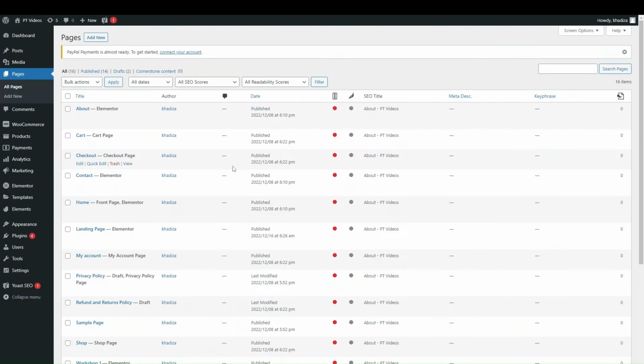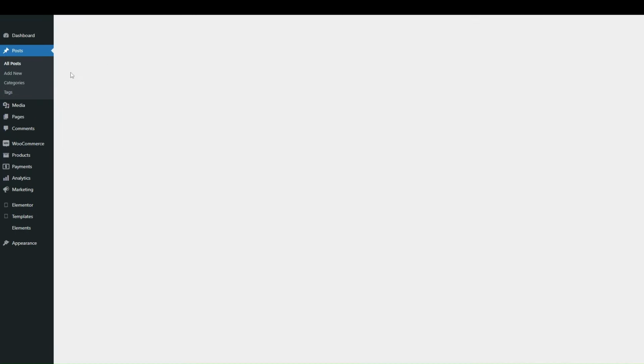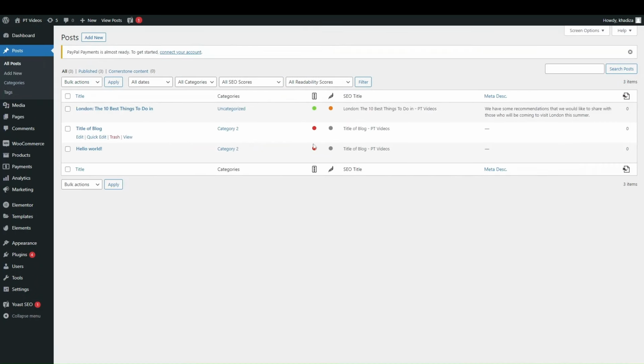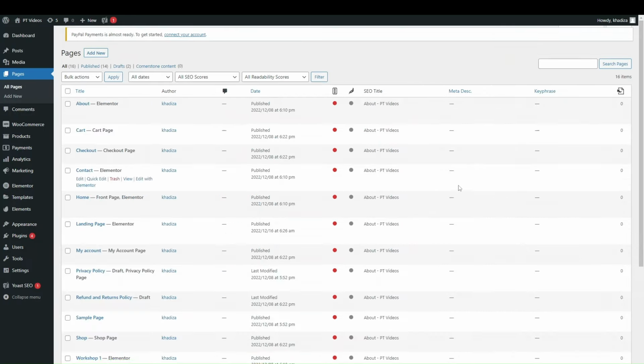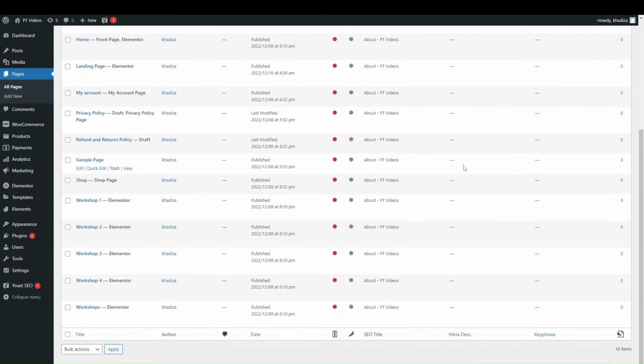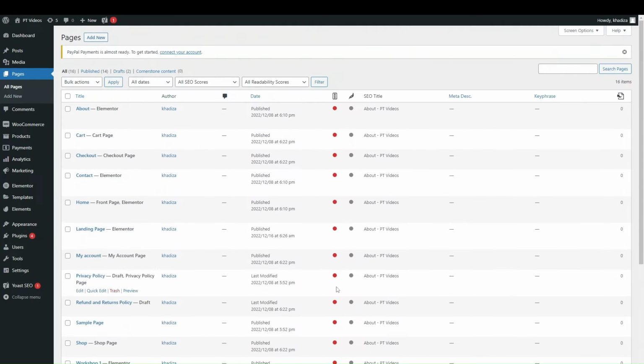And if you go into the pages, you can see there's still more to do, but essentially it's the same as the post. If you click into posts, you've got the tags here, but then also with pages, you've got the score and the tags on this page as well. So you want to make sure you go through every single page, and every single post as well, and at least get the basic done. On the pages, it works the same. So if we click on the About page, for example,